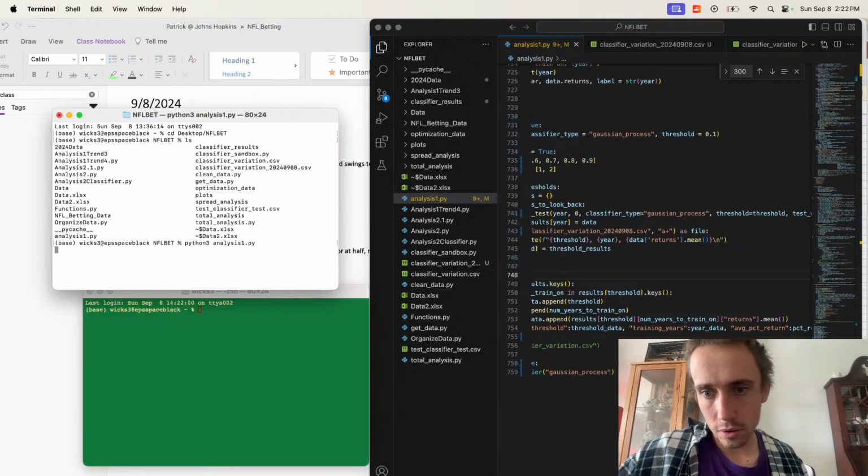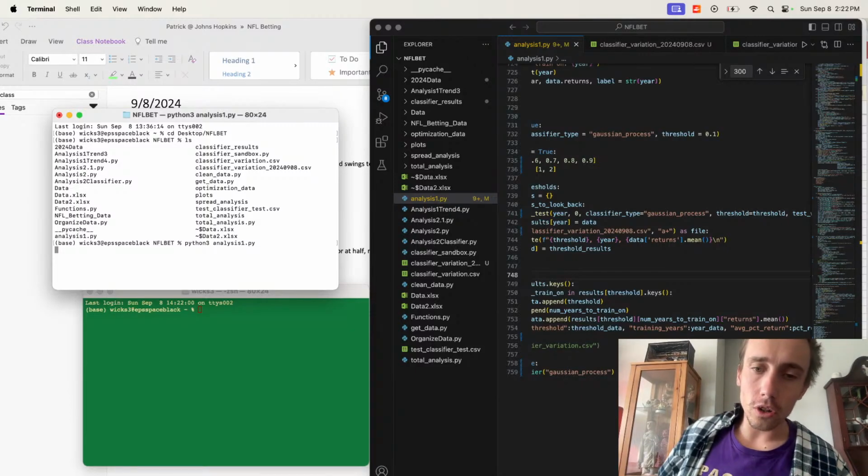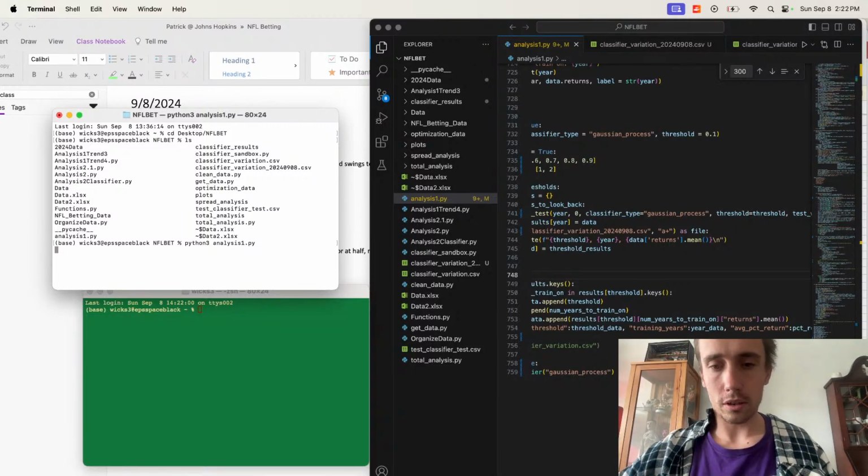Classifier dot use classifier home swing equals home swing, away swing equals away swing. What's wrong with that? That's fine. Okay, so now we have our probabilities, so then we just want to say print